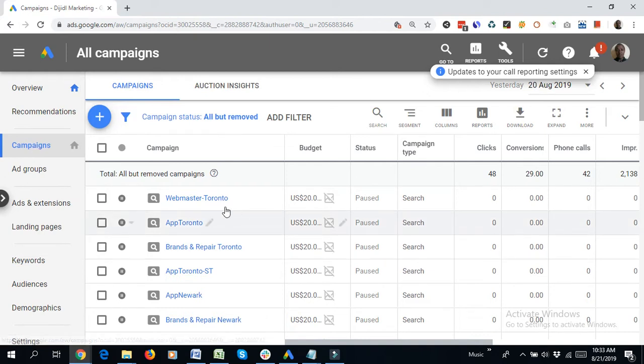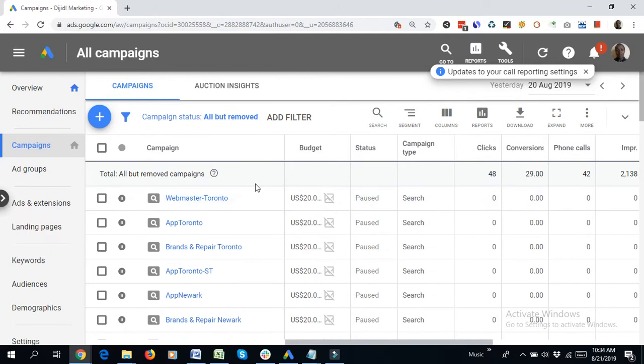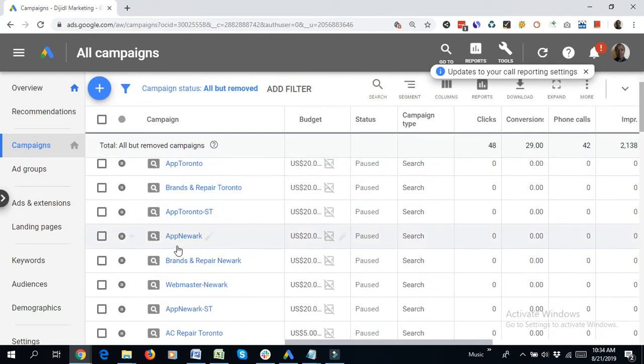tab here, so that you can view all the campaigns. These are campaigns for different locations, and I have them grouped. I group by clicking on this. So that's why you see these campaigns are for same locations. So they are for Toronto and surrounding locations. You can see the way they group. We have Newark here,